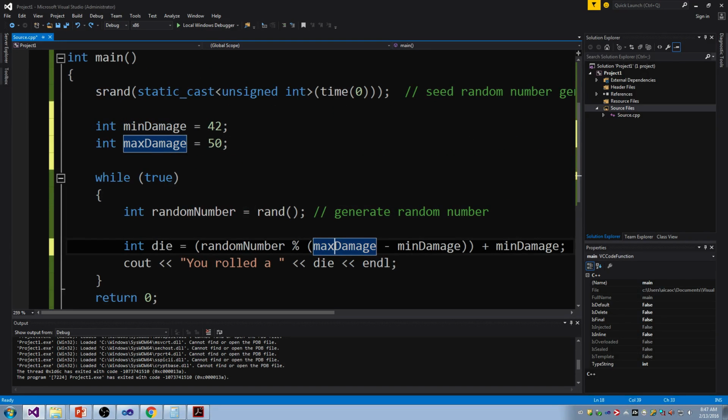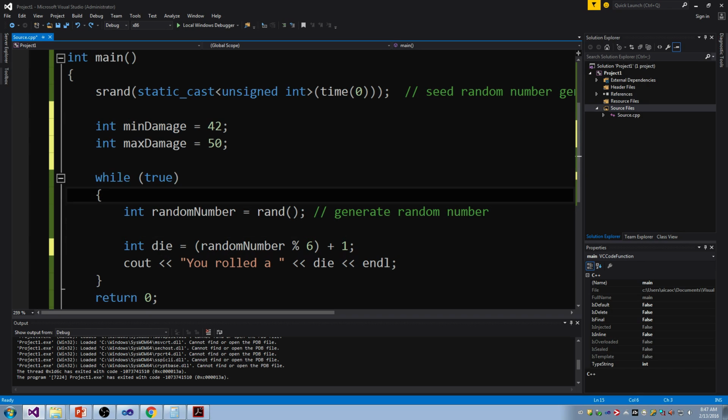Okay, so that's a little tangent. I'm just showing you guys the application of this. We're rolling dice, but this is also how you do rolling damage. When you're playing any Pokemon game or any Skyrim game and you're trying to figure out how much damage you want to deal, you usually do it in terms of this. You specify a min and a max damage, and you put that in the formula right here. Okay. All right. So going back to my 6-sided die,